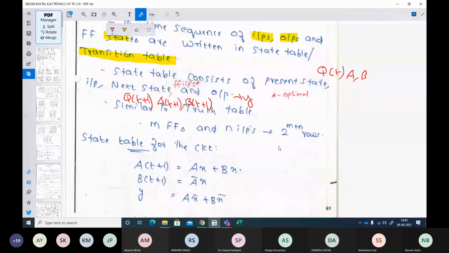Now always, how do you decide the number of rows? You will always decide the number of rows based on the number of flip-flops you have and the number of inputs that you have. Say for example, in the previous case, we had only one input X and we had two flip-flops. So which means it is 2 power m plus 1. So one input,